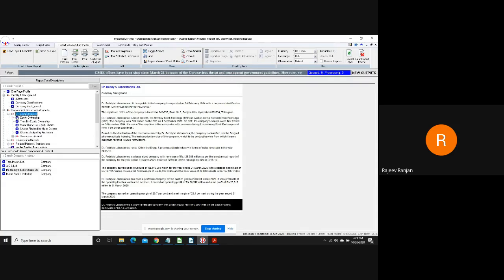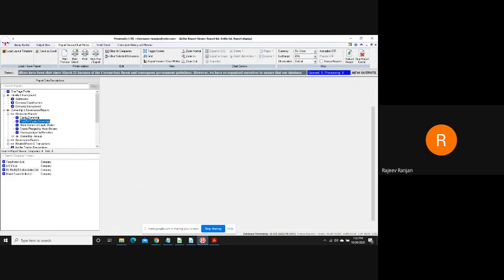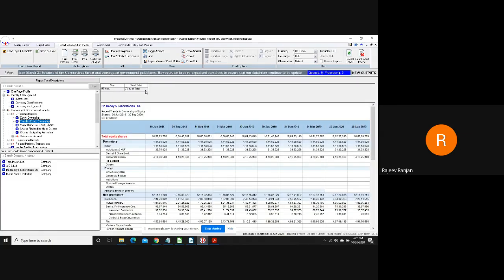The ownership and governance report will be very useful for HR faculties in doing research. Apart from the equity ownership, which tells you who all the equity owners are, and gives you numbers and percentages also, the equity holding pattern starts from 2001 onwards. That is the time it got mandated to be disclosed. The financial information is from 1989 onwards, and the stock market data is available from 1991 onwards.